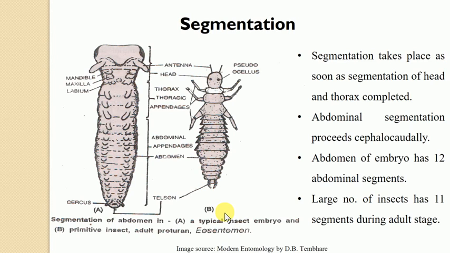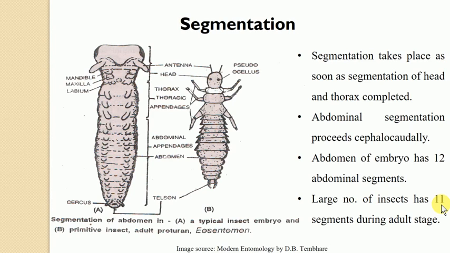The Collembola seem to be exceptional for this kind of segmentation in the abdomen, where the abdomen is composed of only 6 segments in the case of a single order, that is the Collembola. And in some cuckoo wasps, the abdomen is made up of 3 to 4 segments. This means that in a few insects the number of abdominal segments is greatly reduced, but the generality is that they contain